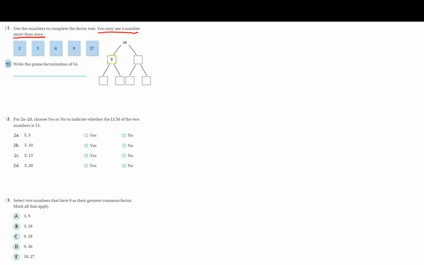Okay, factor tree basically means 54 is 9 times what? 9 times what is 54? So I know that 9 times 6 is 54, so 6 will go in that box. And then I can break the 9 down into what times what gives me 9? Well, 3 times 3 gives me 9. And then what times what will give me 6? 3 times 2. And notice our directions did say you may use a number more than once, so this is